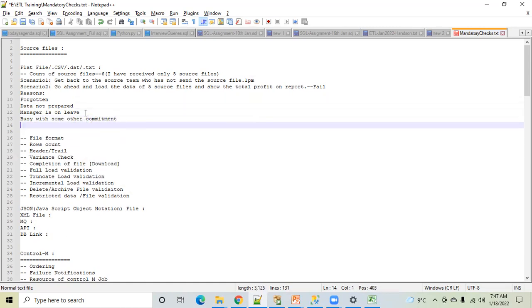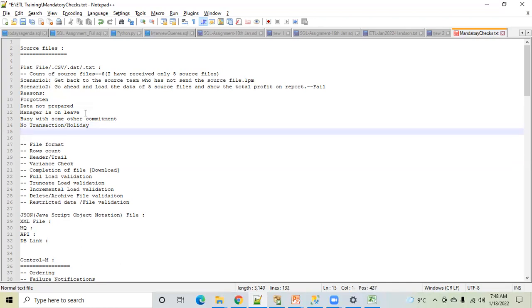Any other reason? Very important reason you guys are not highlighting. Think and tell me. There is no transaction. No transaction. Holiday? Shall I mark holiday? Yes. Maybe on that particular day, it was a holiday. Very important. Okay, I will give you a hint. Right now I'm taking a session. And suppose if my voice is not audible, who is responsible? You, sir. Anything else? Signal or connection. What else? Connection. Very good.